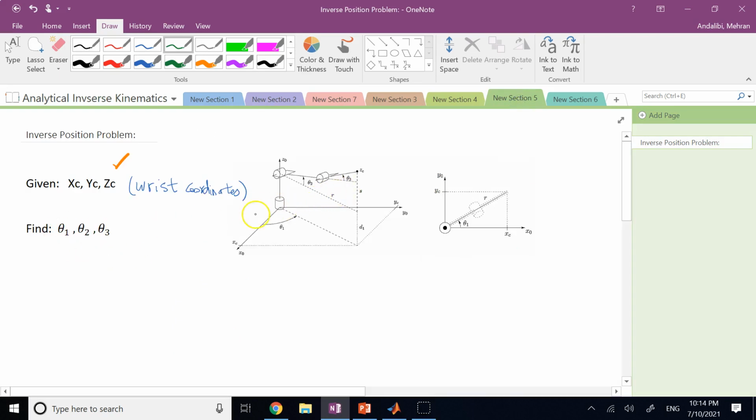So it is very clear to say only theta 1, 2, and 3 are going to affect the location of the wrist. So you see, this problem is now what I call the inverse position problem, because I'm given the position of a point, which is the wrist, and I need to find the three angles making that happen. How do I do it? Well, it depends on what kind of